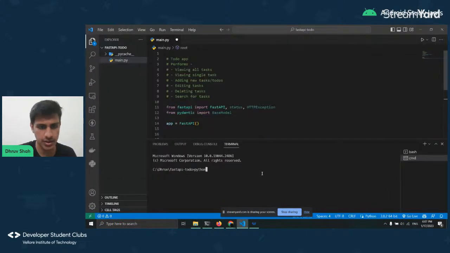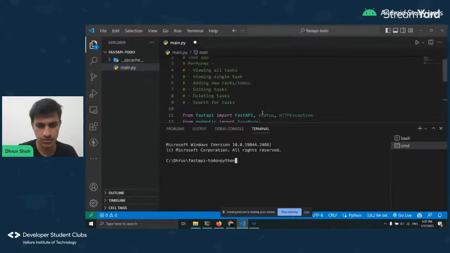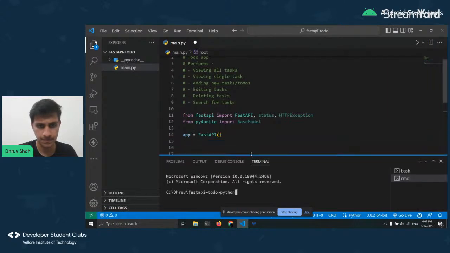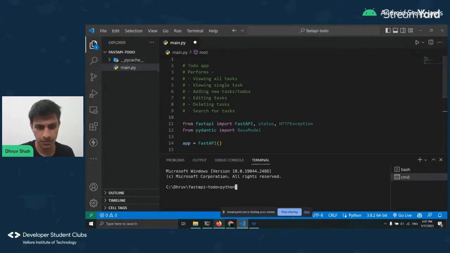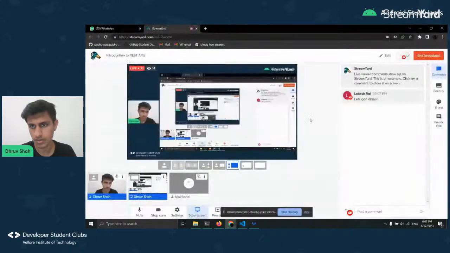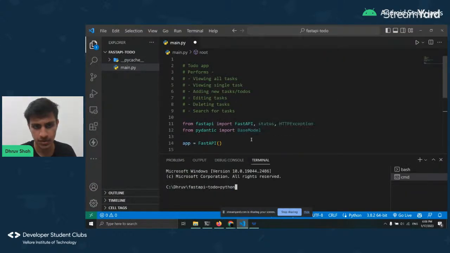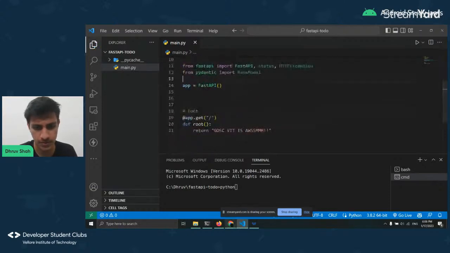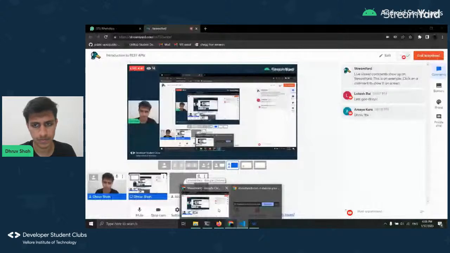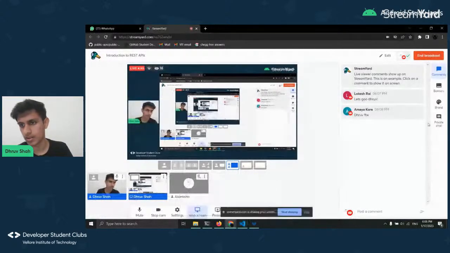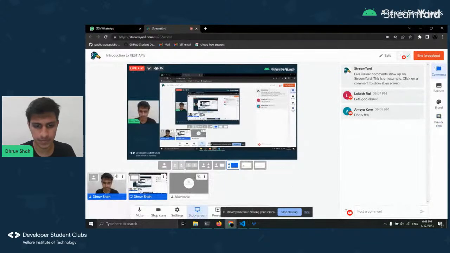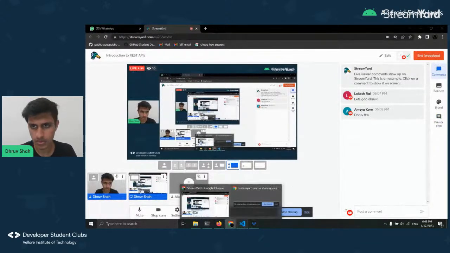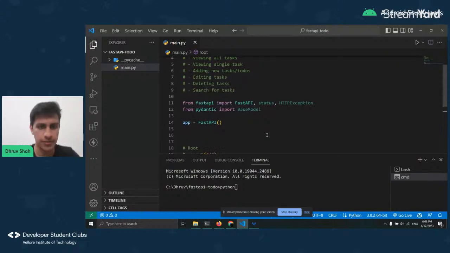Just increase the font size. Okay, just let me know if the text is visible. Do you want me to like increase the font size? Okay, so I'm assuming this is readable enough. And